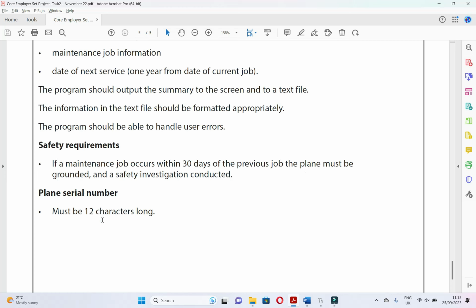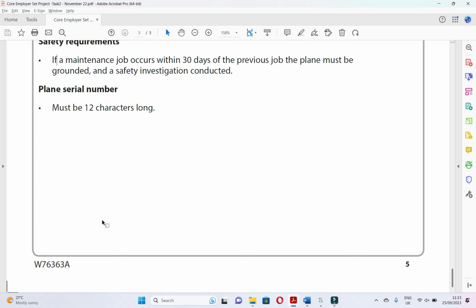Can't be 13, can't be 11, can't be 25, can't be 2. Okay, it has to be 12. And that's going to form part of our testing. Okay, and that's it. So what we're going to do is open up Thonny